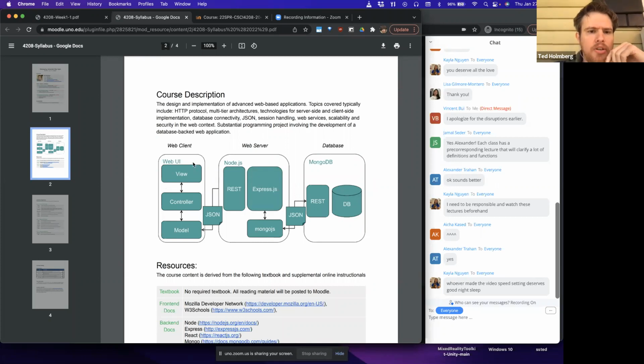Okay, so essentially you can break down the viewport, what's being displayed inside of the browser, as having a view, having a set of controllers, and having your underlying data model for what your web application is doing. So you're using that model view controller design pattern that you probably learned about in